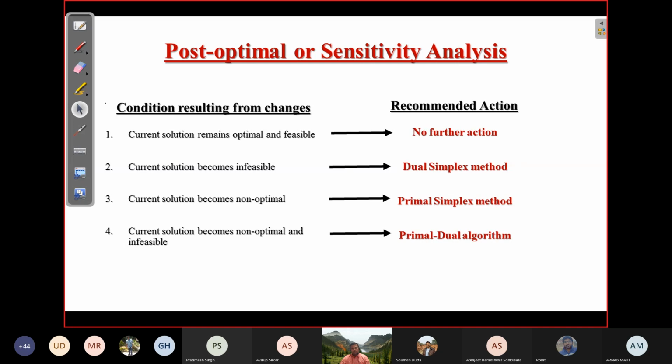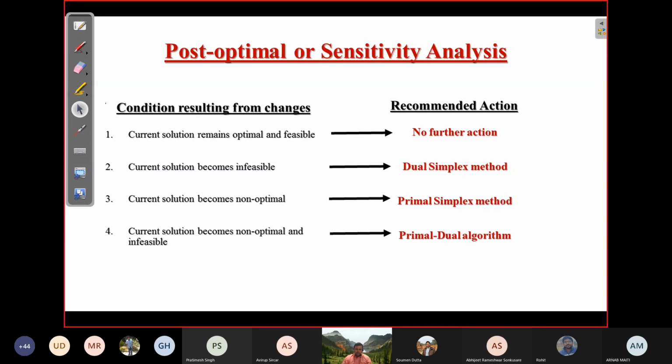And then you also know about the revised simplex method. Revised simplex method is actually nothing but the matrix form of all these methods, right? When you represent these tables in the notations of matrix algebra, then we call it revised simplex method. So as such, it is not anything new. It is just an alternative representation, right?